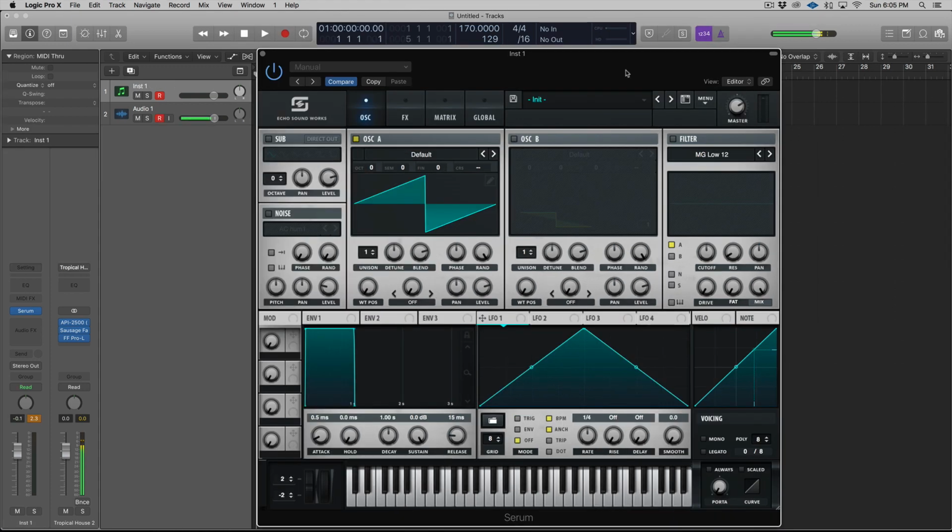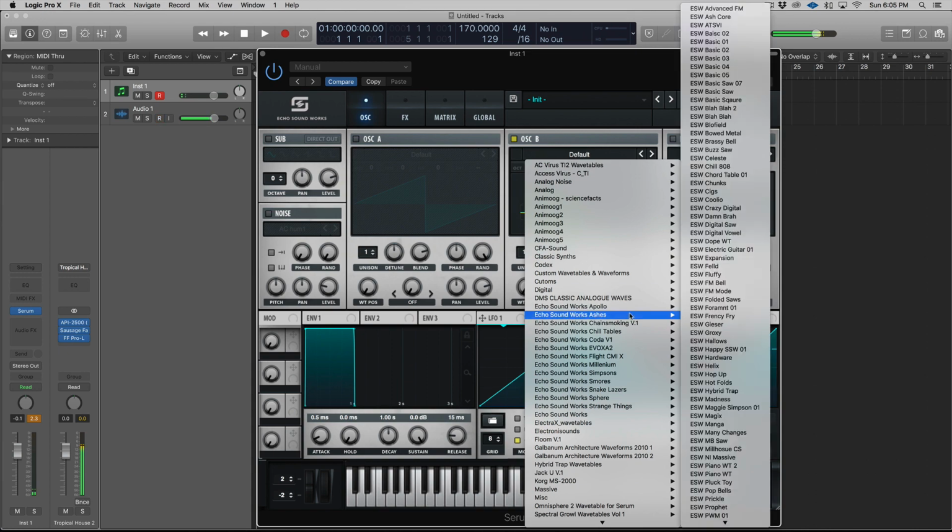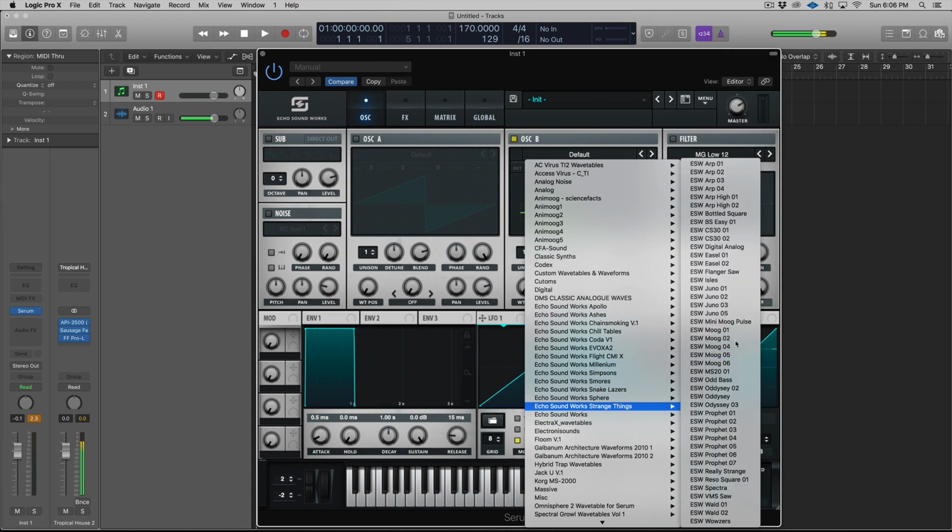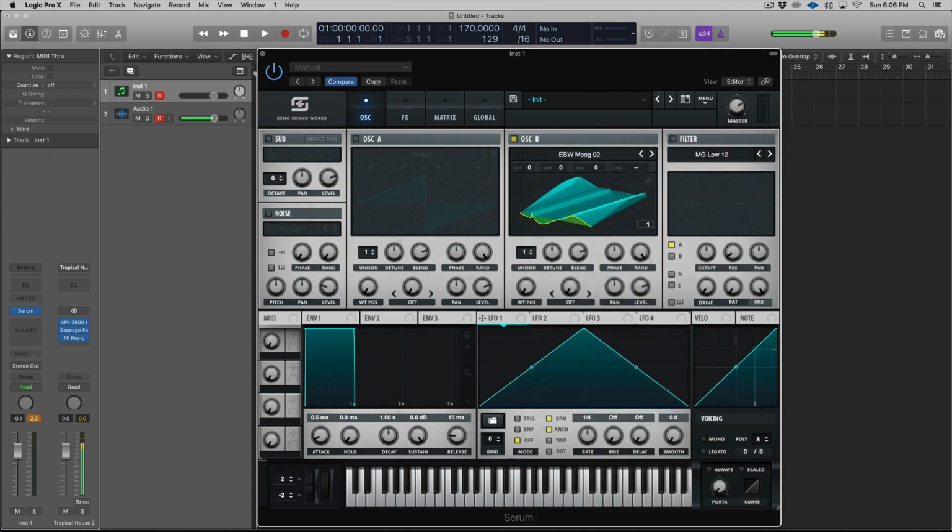All right, so I have an initialized patch in Serum. First thing I'm going to do is turn off oscillator A and turn on oscillator B, and I'm going to choose a wavetable I made called ESW Moog 02. This is a wavetable I made from a sample from a mini Moog. I'm going to use this because it sounds more analog, obviously. I mean, it's coming from a Moog, but it just has that Stranger Things vibe, much more so than the